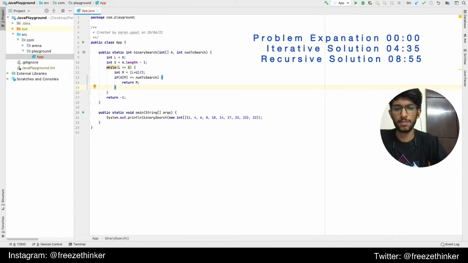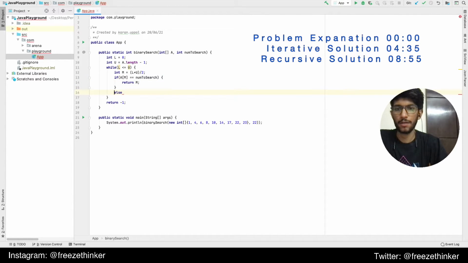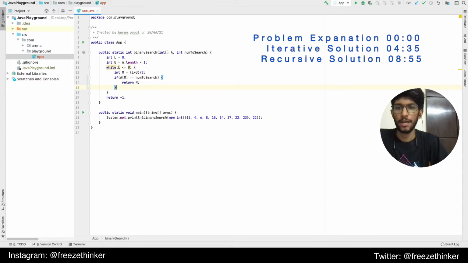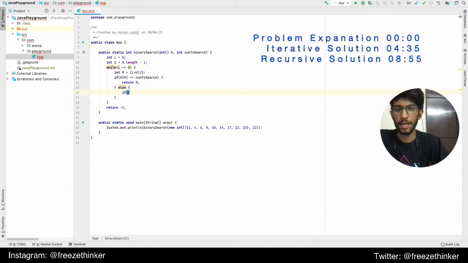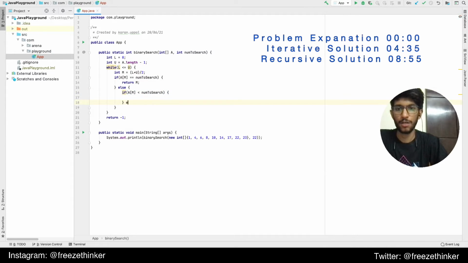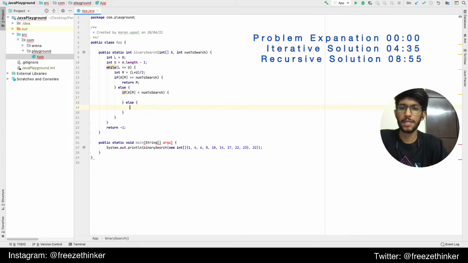Otherwise, if a of m is less than the number to search, there's something that we need to do. Otherwise, there is something else that we need to do.